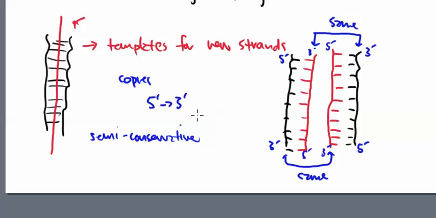The semi-conservative, the strand that I've drawn in red here, this is called the daughter strand. So that is the name that we give to that new replicated DNA itself. So that is called the daughter strand. Okay, so just some more terminology and just some more things to worry with.